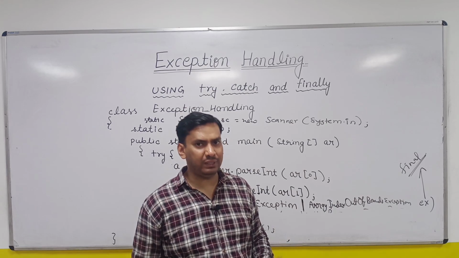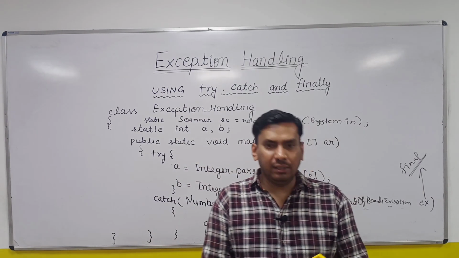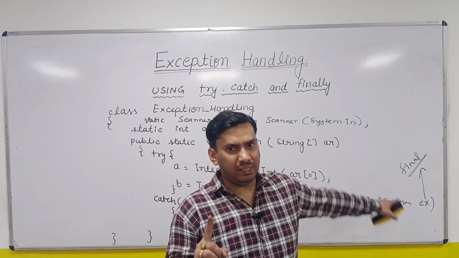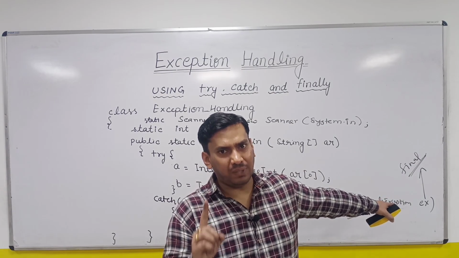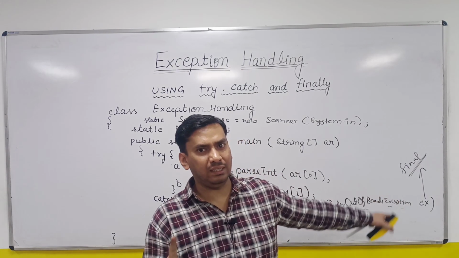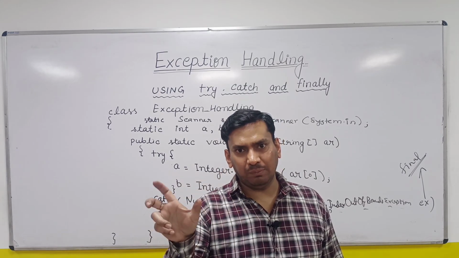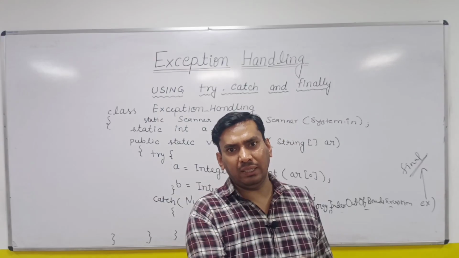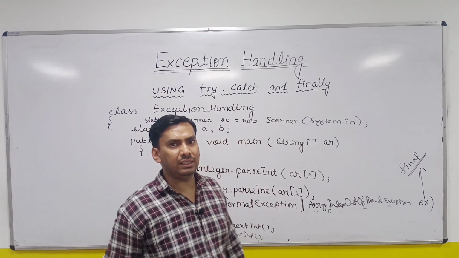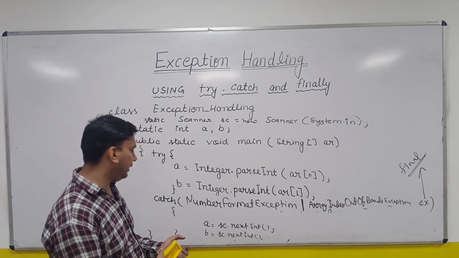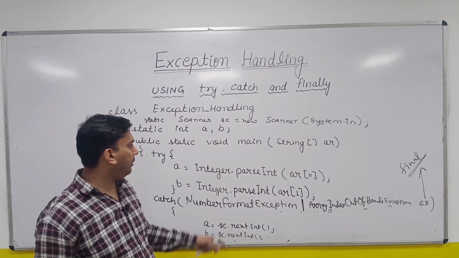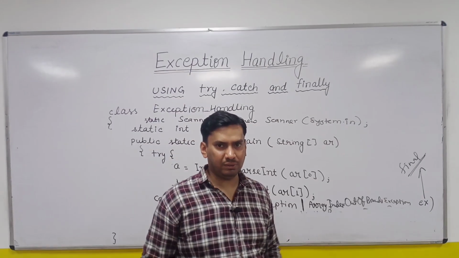So two important points about the multi-catch. First one is the reference variable is single and that is final. It cannot be reassigned a value. Second important point is the different exceptions that you are listing in the multi-catch must not have a child-parent relationship. Right? So this is all about the try, catch and finally block.